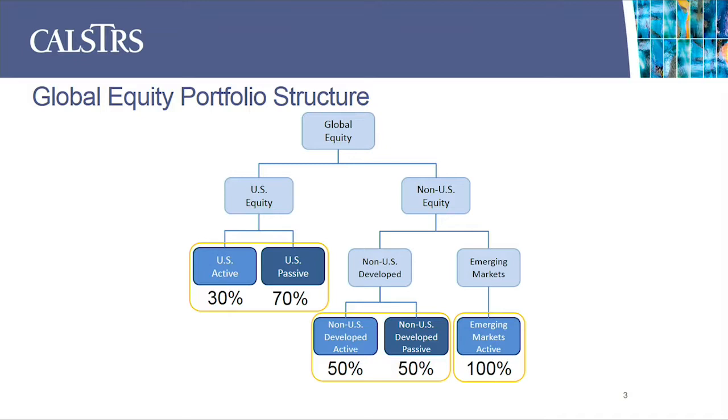Historically, the global equity team has managed passive portfolios that are benchmarked just to a market cap weighted index, for example, the Russell 3000. And that's an index that's weighted based on size. So the largest company will get the largest weight, down to the smallest company will get the smallest weight.